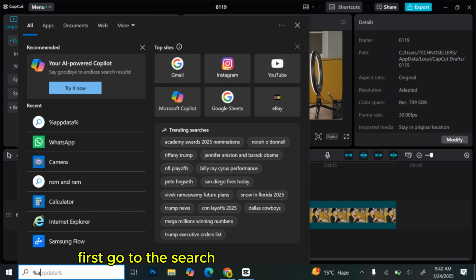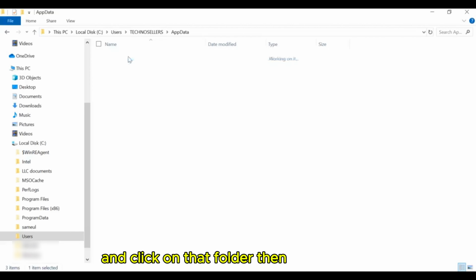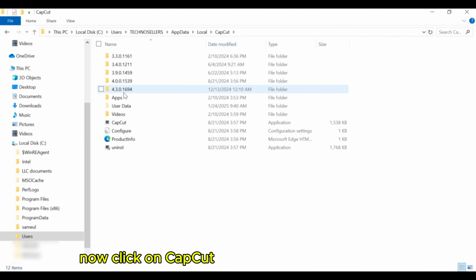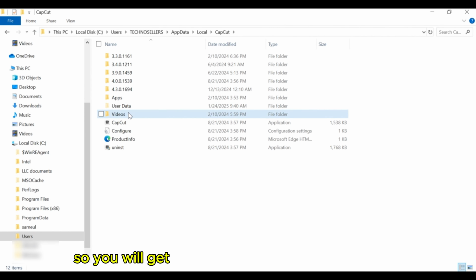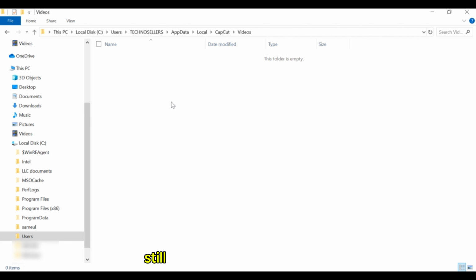First, go to the search bar and type percentage, appdata, percentage, and click on that folder. Then click on Local. Now click on CapCut and open the Videos folder, so you will get all your exported videos right here. Still, since my folder is empty, that means I have selected another folder where all the exported